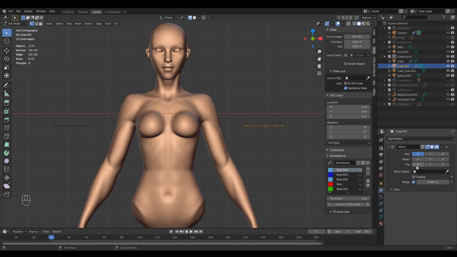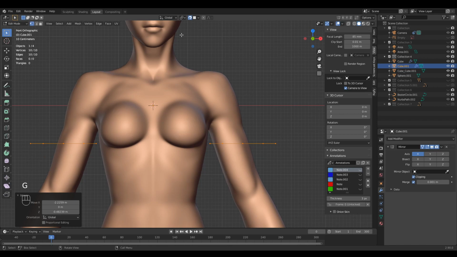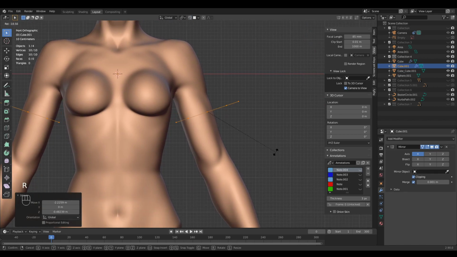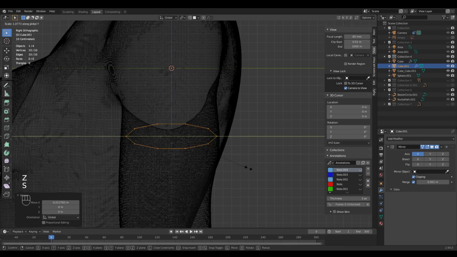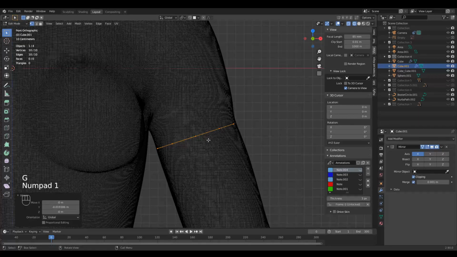I'm going to create a mirror with clipping, turn on vertices. I'm going to turn off my magnet for now, and fit it with the hand. Go to side view, wireframe,